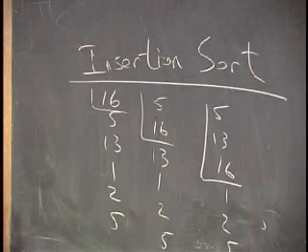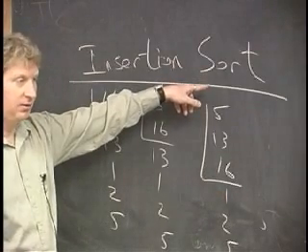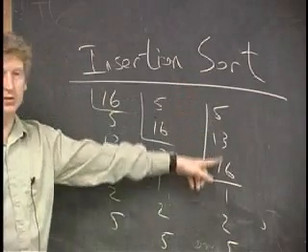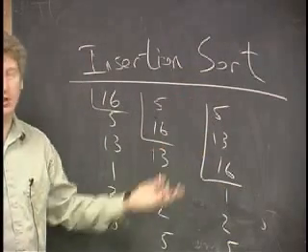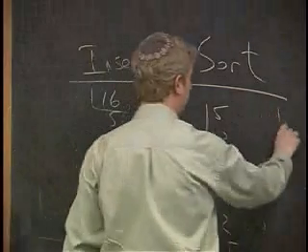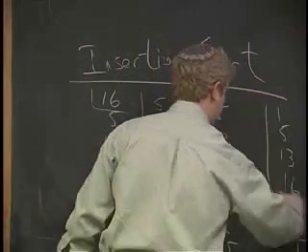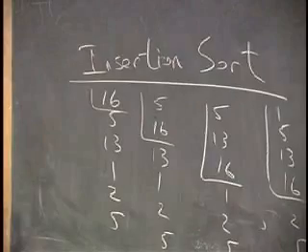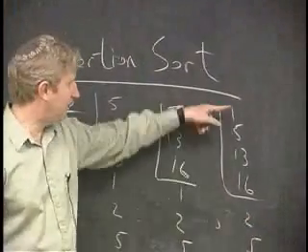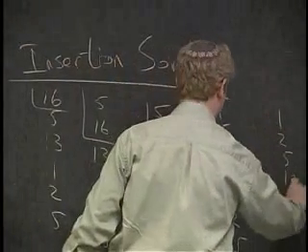Okay, so far? Next step, 1. You start at the top. 1 is actually smaller than 5, so you stop. You basically take your new number, run through this list from top to bottom, and see which one is the right place to put it in. And then when you find that place, you shift everything down one spot. Make that little mark so that you know that area is sorted, and continue. Here's the number 2. It's going to fit in right here, and these 3 will move down. 1, 2, 5, 13,